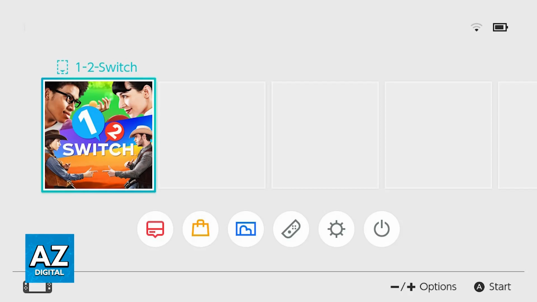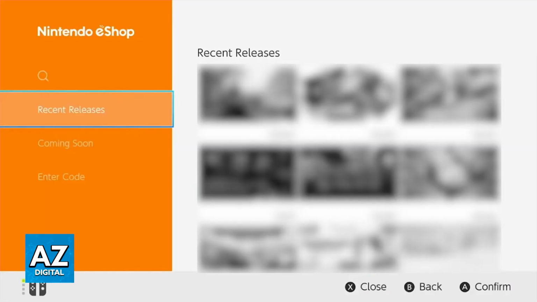So from the home screen of your Switch, use the navigation bar with all the icons at the bottom and select the Nintendo eShop. If you have never connected to the internet on your Nintendo Switch, you will be required to access a network in order to access the eShop. So if necessary, follow the instructions on screen, go into the system settings, and make sure that you have a network connection available.